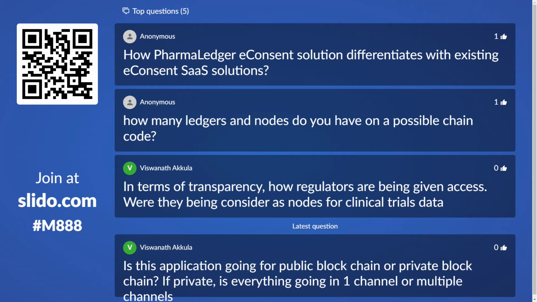Sure. So if I do a landscape assessment, there are very few to none in our world right now. The IQVIAs, you name the platform, right? Anything from drug dev or if I look down the line, they're actually using blockchain as the underpinning to solutions. So that means that a lot of the principles, the trust, the immutability, traceability don't exist in the same level or the same caliber as they do when you put something on the block or you write data to a block. That's the biggest, right?